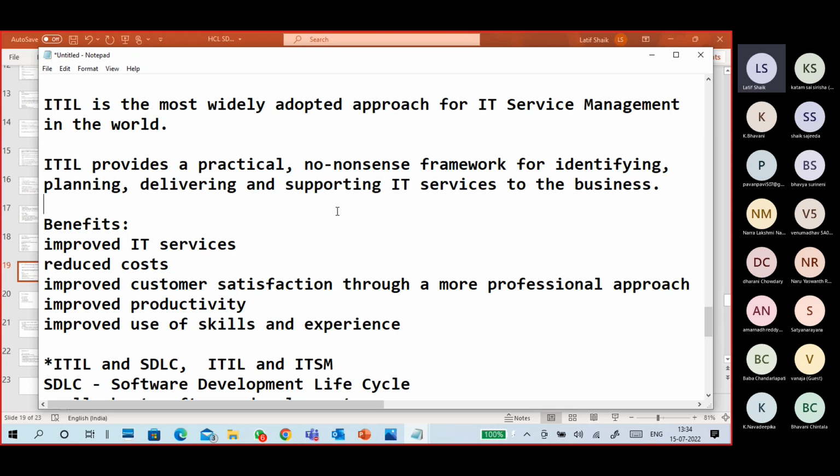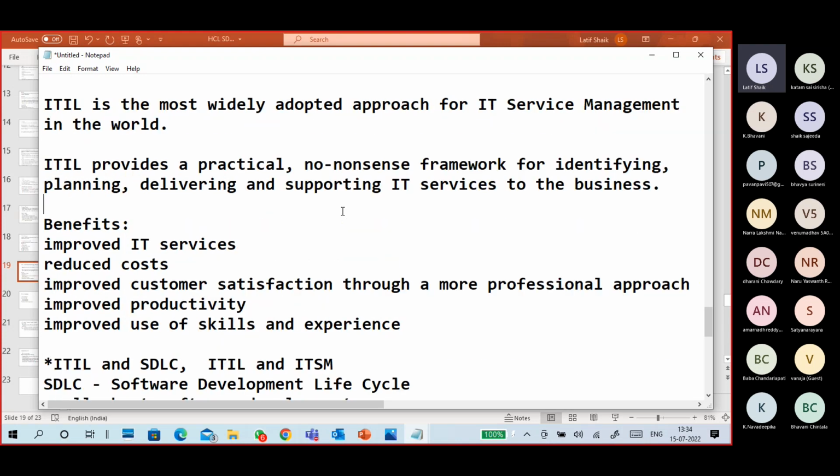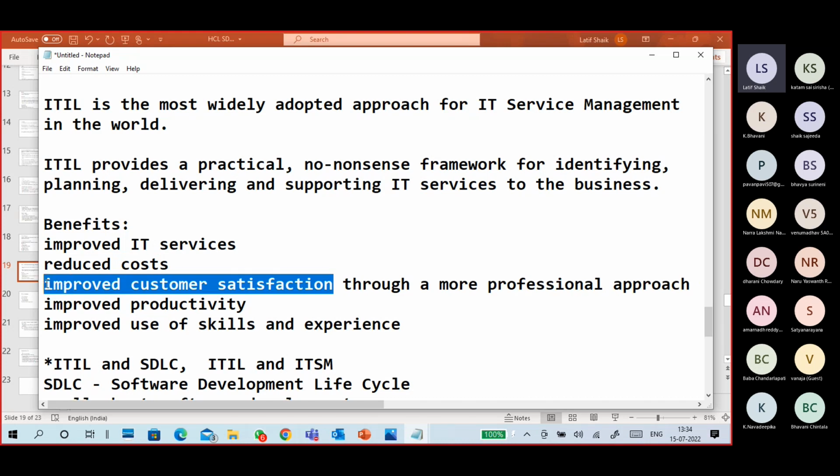Okay, so value to the customer is very important in ITIL. ITIL version 4 is all about value to the customers. The first point in that one is value to the customers. But here there are a lot of combinations. We'll see. The benefits of ITIL: improve IT services, reduce the cost, improve customer satisfaction, improve productivity, improve